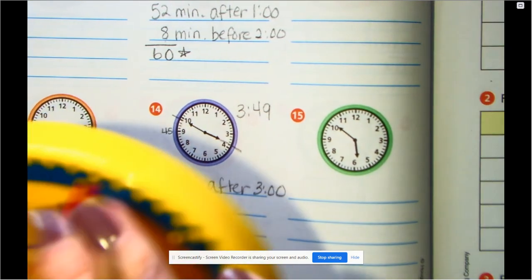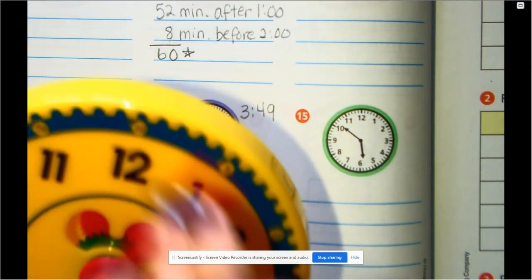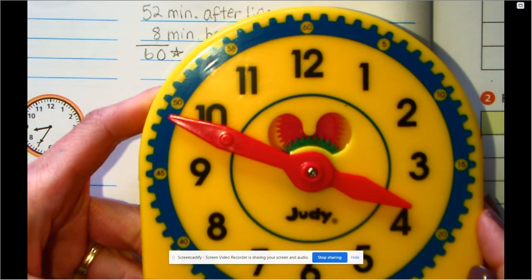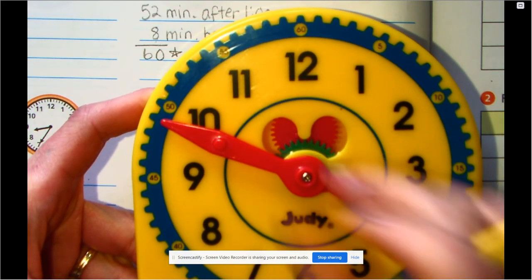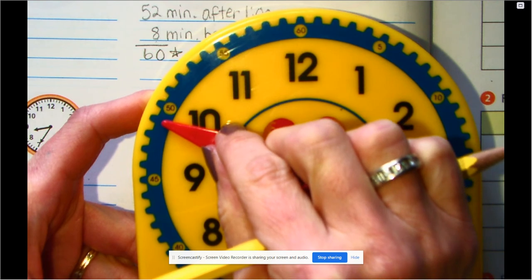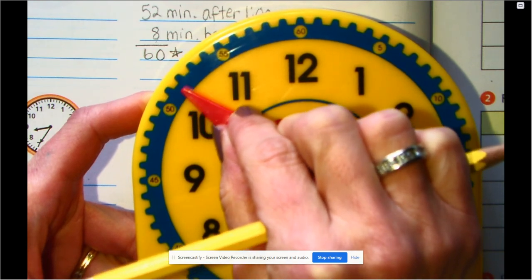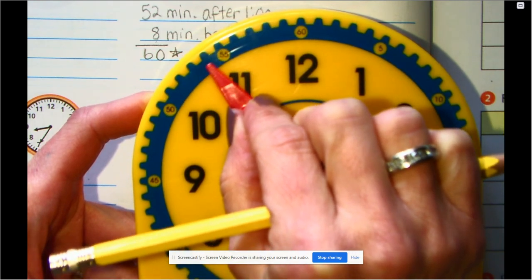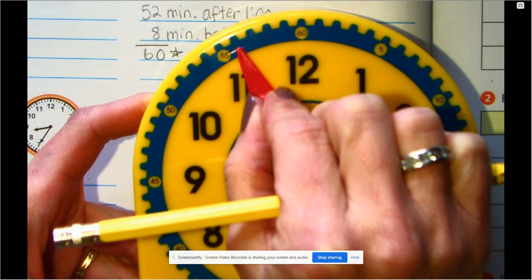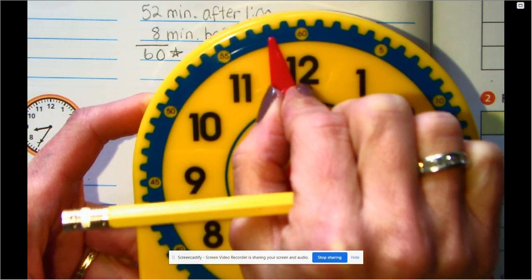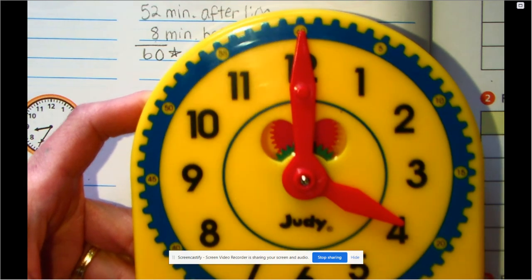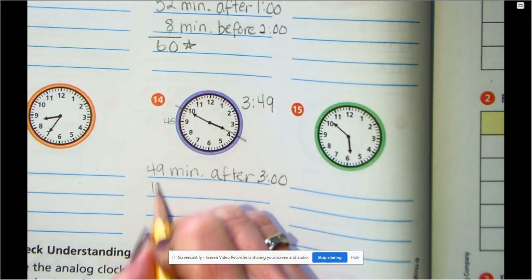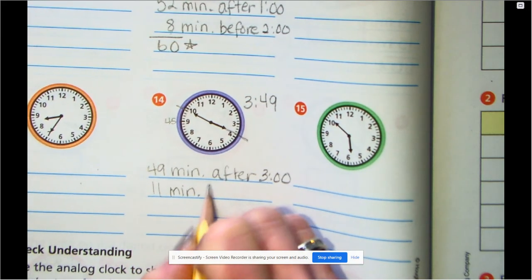Let me make 3:49 on my anti-clock. There it is. 3:49. It's almost 4 o'clock, but how many more minutes until we get to 4 o'clock? 1, 2, 3, 4, 5, 6, 7, 8, 9, 10, 11 minutes until I get to 4 o'clock. So 11 minutes before